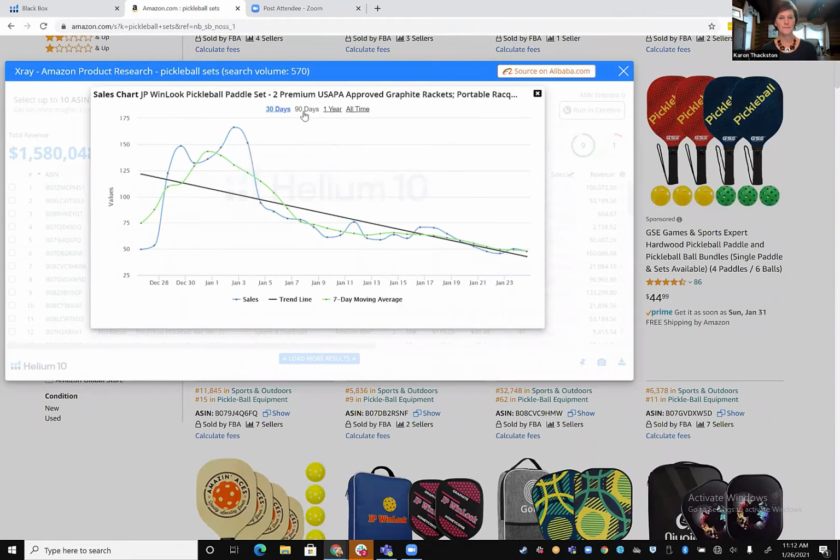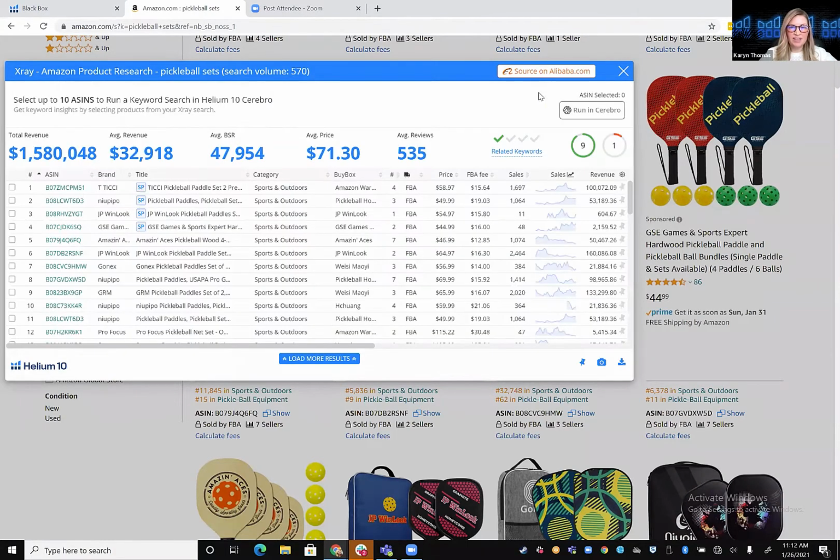And one thing I like about our X-ray Chrome extension is you can kind of see this sales graph to see what it's done over 30 days, 90 days, a year, all time. So you can see they had a really great Christmas, and it's slowed down a bit, which makes sense with it getting colder. So it's probably a little bit more of a seasonal product,